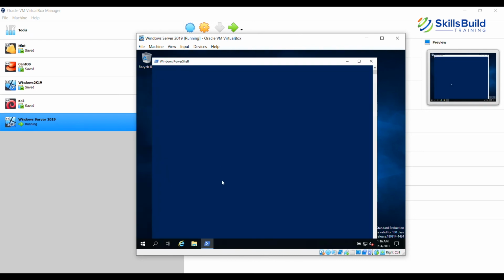So PowerShell starts. Now PowerShell is a very, very powerful environment. In Linux, if you are aware of Linux, there are a lot of scripts that you can write in the command line environment. Windows earlier only had the Windows command shell, and therefore it did not have that kind of robust environment to write scripts.